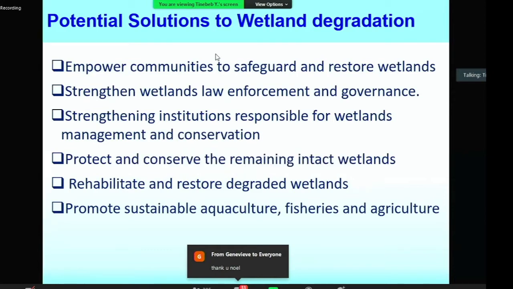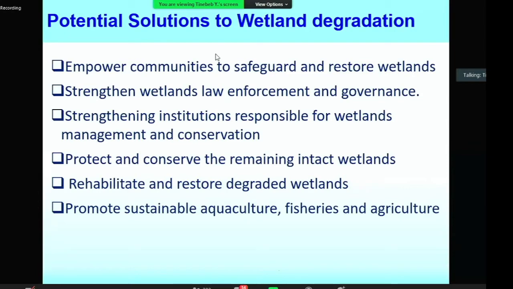The third one is strengthening institutions responsible for wetland management and conservation. If we strengthen institutions, we believe that there will be a change when it comes to wetland management and conservation. The fourth one is to protect and conserve the remaining intact wetlands. It's believed that if communities protect and preserve, the wetlands will remain intact. This is also a good component for wetland solutions. The fifth one is to rehabilitate and restore degraded wetlands. If there is potential for rehabilitation of wetlands, there is a huge impact when it comes to restoration of